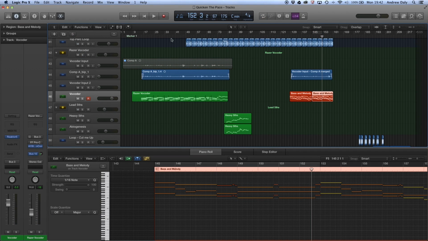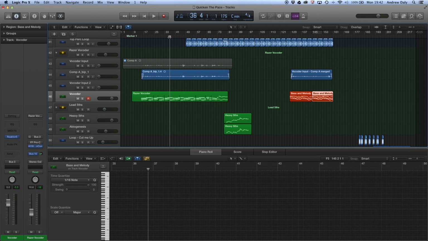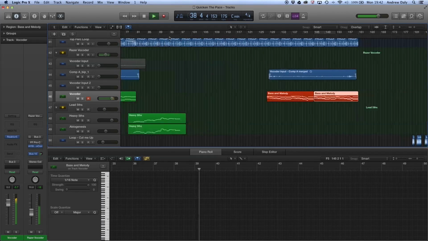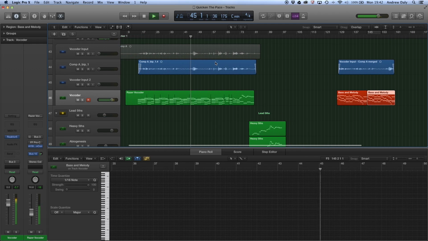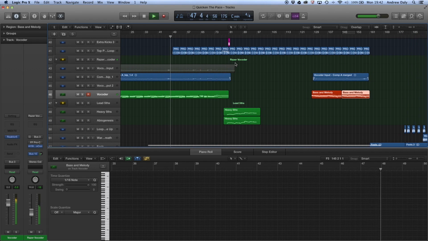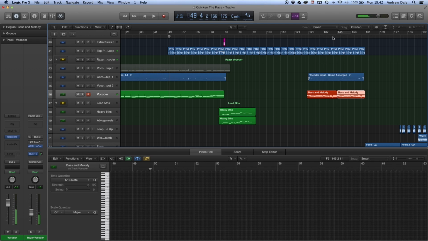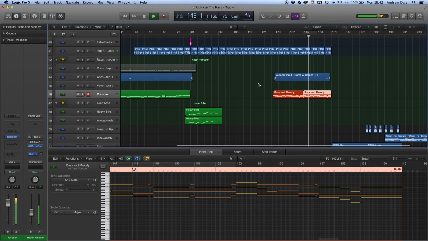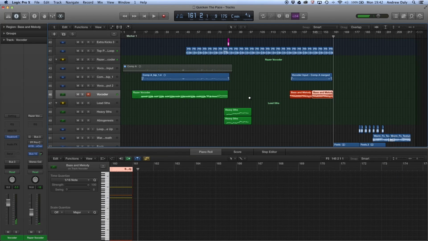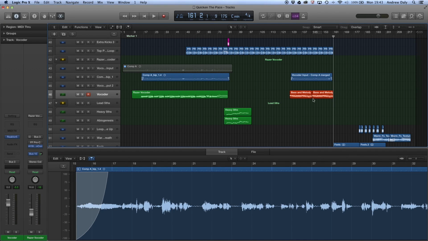And I will finally show a little bit of that in context. I think it was about here. And then later on. So you can see how having the same vocal but very different notes can affect the